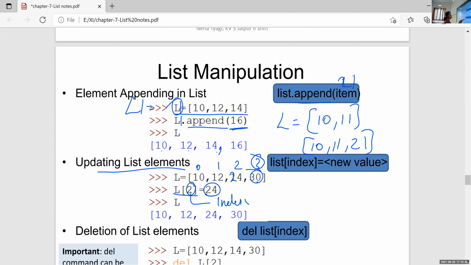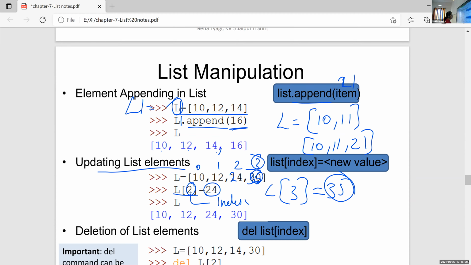The position value for this 30 is 3. So write L of 3 is equal to 35. That means the current value of L of 3 is 30 and it is replaced with the new value 35. So after executing this statement, 30 is not there, the new value is 35.